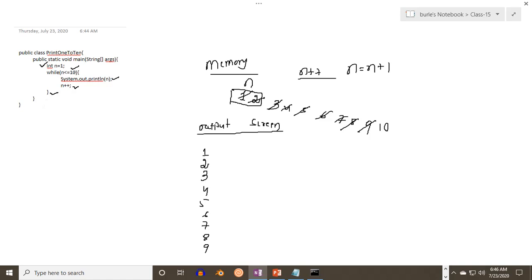So while 10 is less than equal to 10, condition becomes true, enter into while block, System.out.println. So it will print 10 and next n++. So now n becomes 11, end of while block. So it comes to this part, while 11 is less than equal to 10, so condition is false. Once condition becomes false, it will not execute the rest of the statements, so that's why it is out of loop. So this is how the while loop is working.